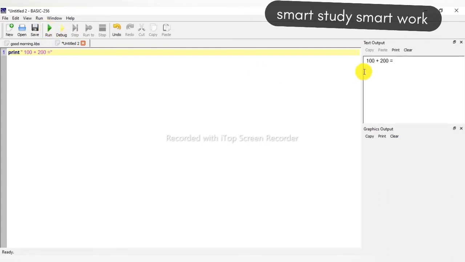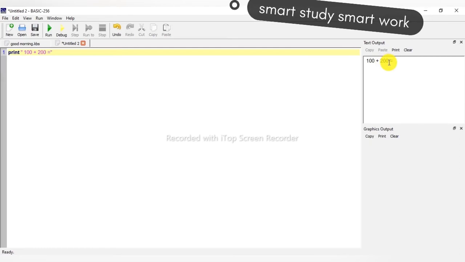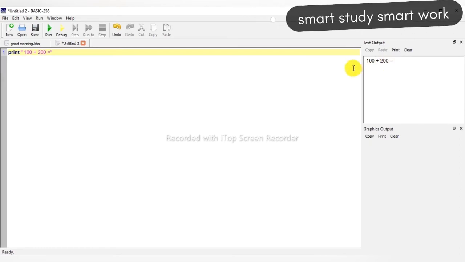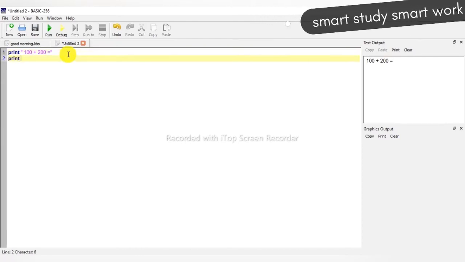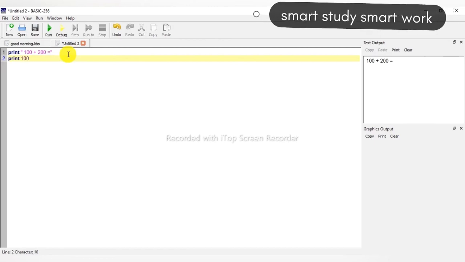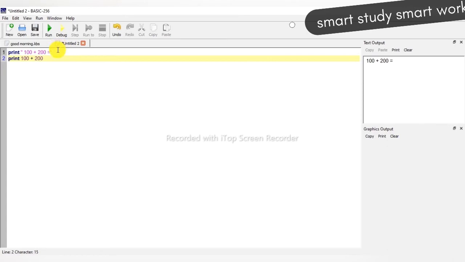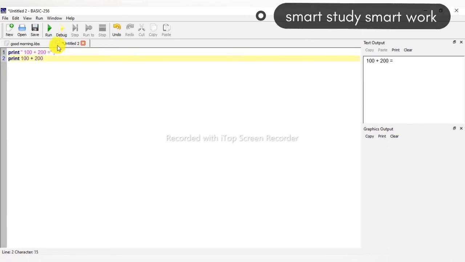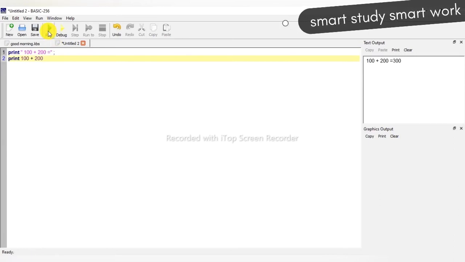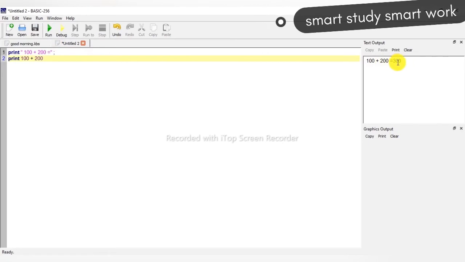Here you can see 100 plus 200, but it does not display the addition, it displays the expression as it is. So what you can do? Just type here print 100 plus 200 and here give the semicolon. Now you can see the output: 100 plus 200 is equal to 300.